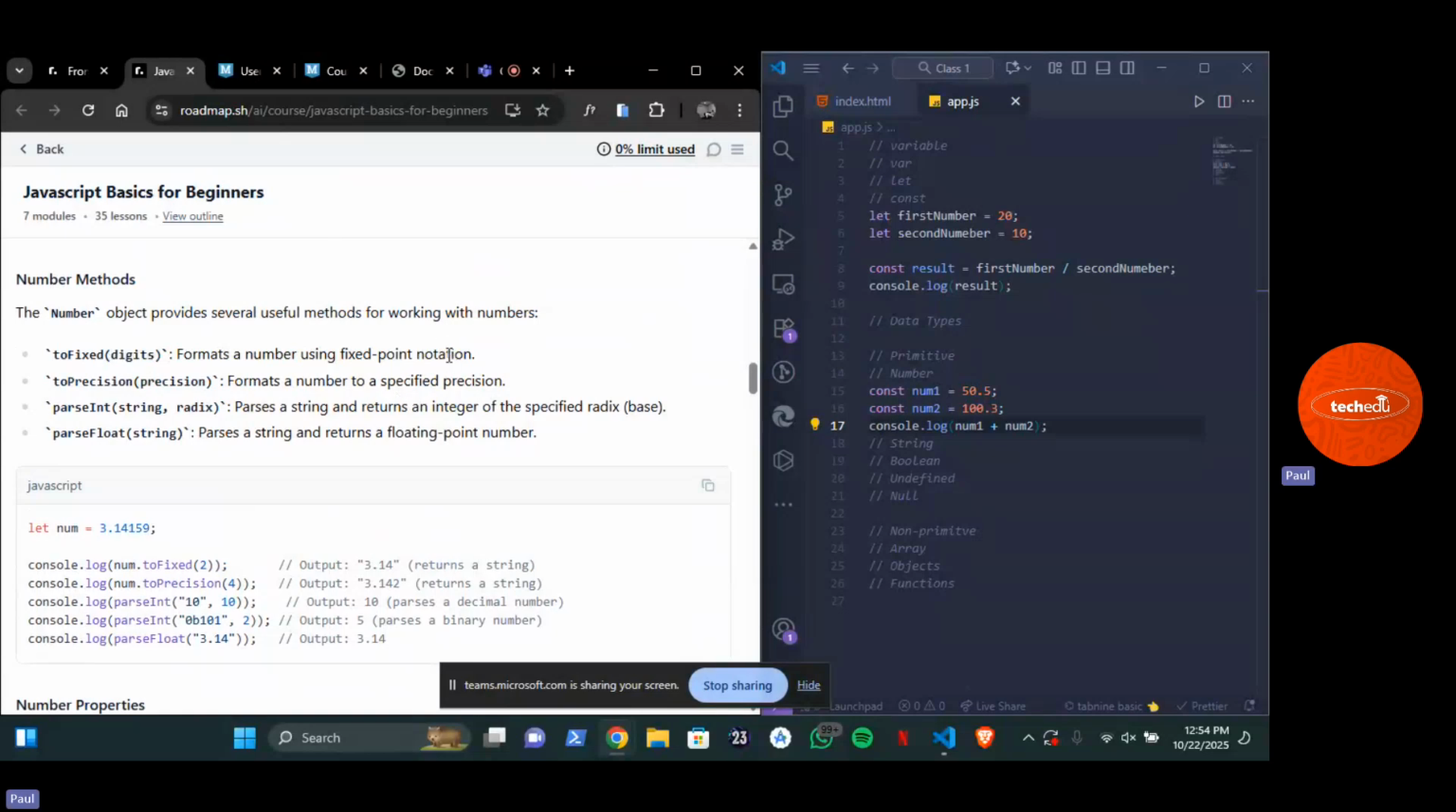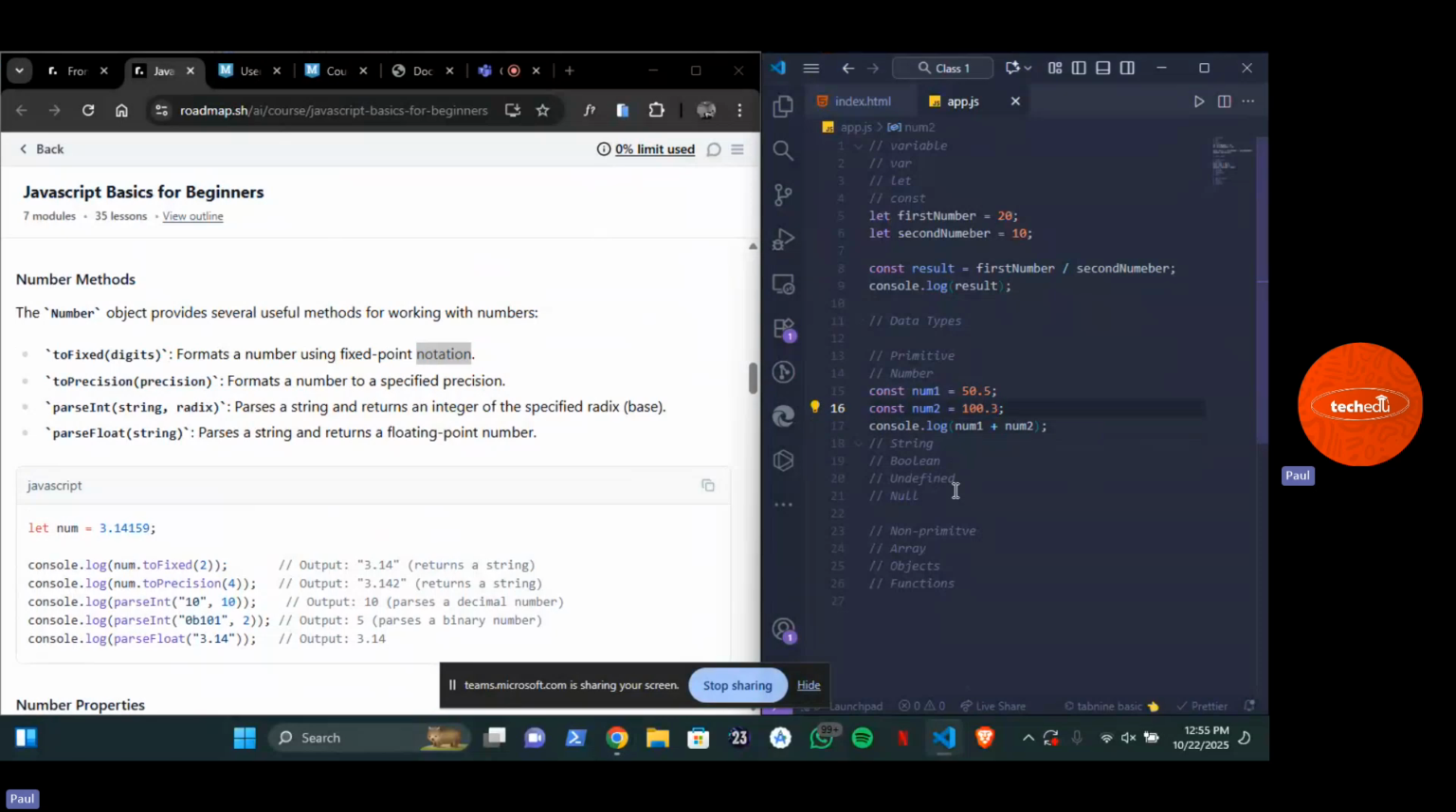Now, what am I talking about? First of all, you need to understand that the output is going to be a string. This is why I wanted to explain strings first, but I'm going to explain it later. Let's say in num2 you have 100.355555. Do you understand? Now, if I come here and say console.log,